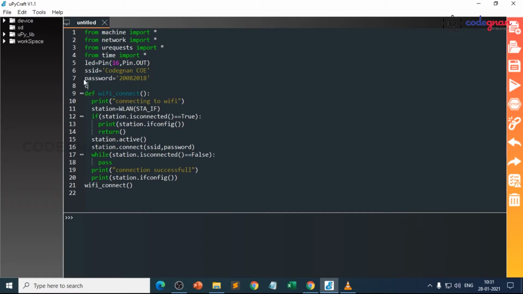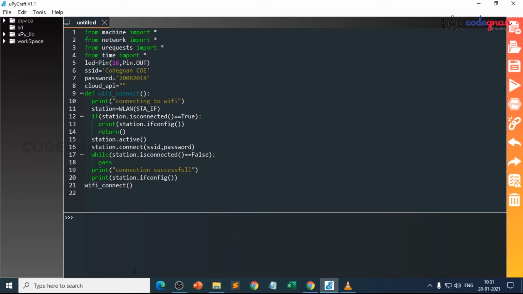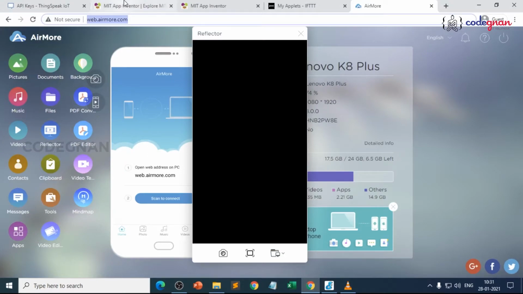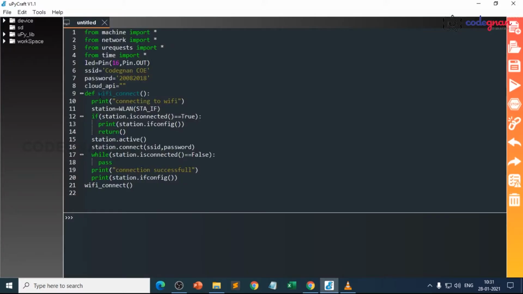So API equals to, copy the read API which we have created here in ThingSpeak cloud, and paste it here.